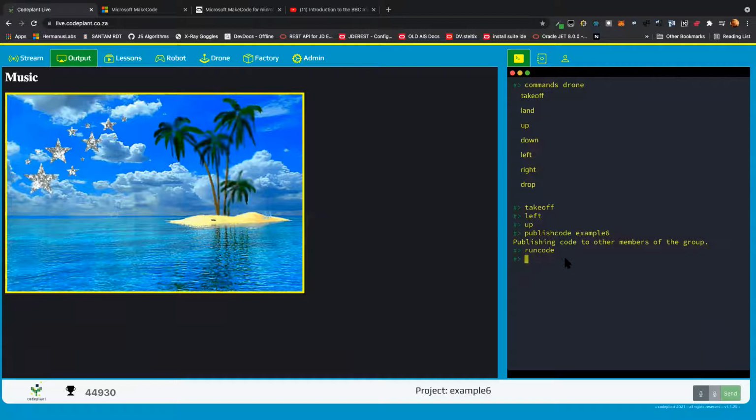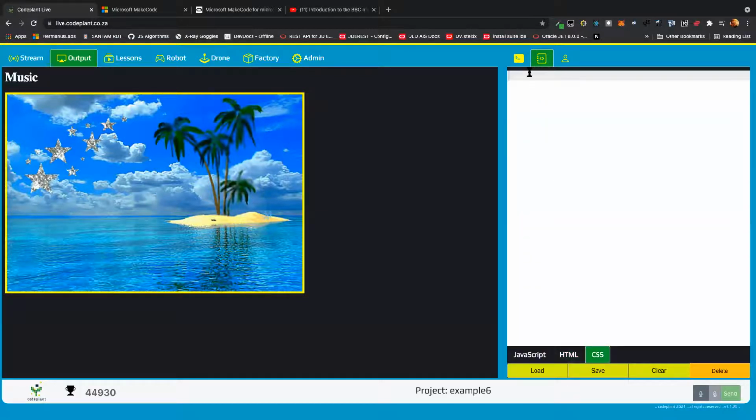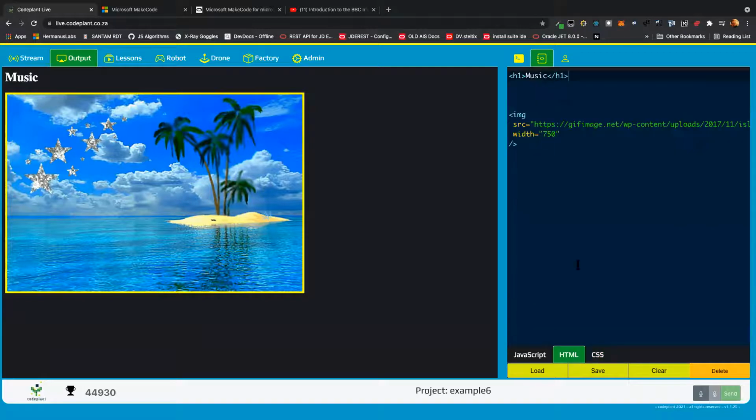Okay, so I'm going to clear. That's one of my commands that will clear everything in my terminal. I just do that so that everything looks clean and ready to go. And I'm going to start with our HTML code that we have here. We said before that we have